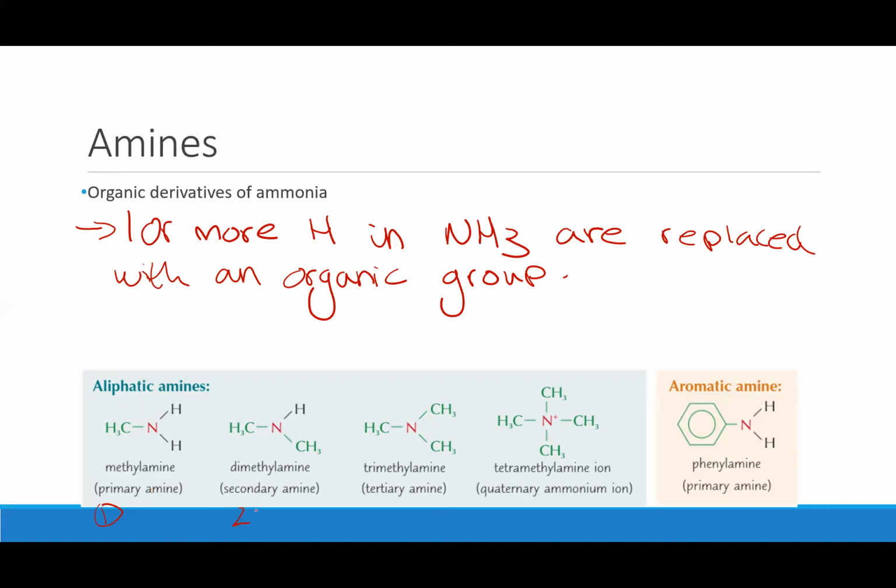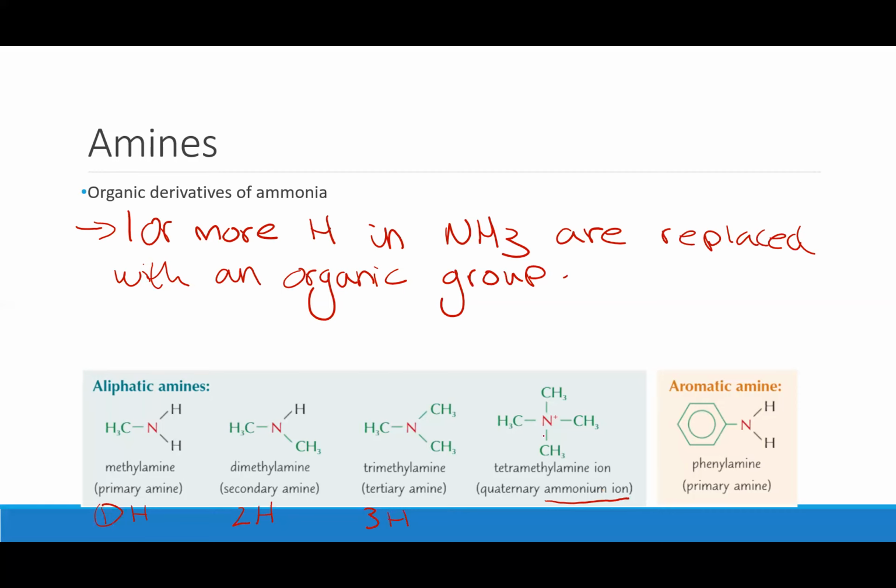You replace two hydrogens, you get a secondary amine. Three, you get a tertiary amine. And then quaternary amines, as I said, is when that lone pair of electrons on the nitrogen atom in your tertiary amine also bonds with a fourth organic group, and this gives you a quaternary ammonium ion